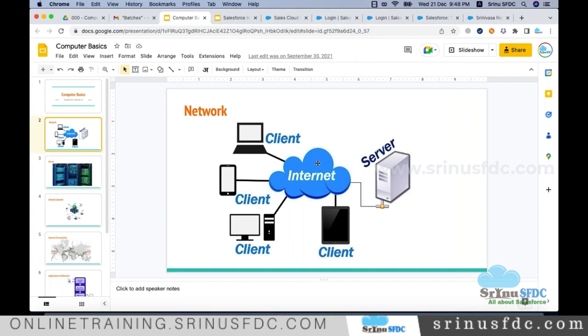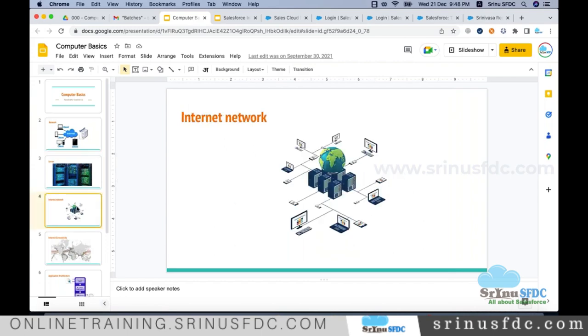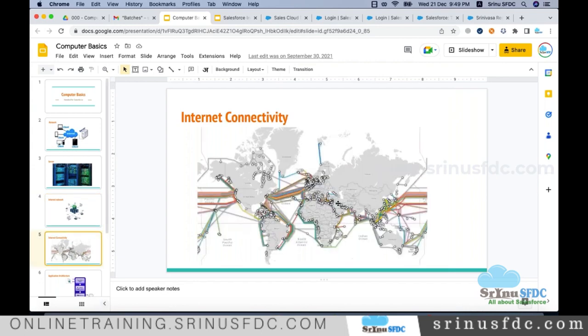Technically, what will happen is that we have our laptop and through Wi-Fi we are accessing internet, but how does the Wi-Fi modem get internet? Through a wire. That wire we get from the internet service provider. Somewhere that wire will be connected to something. So internet is nothing but